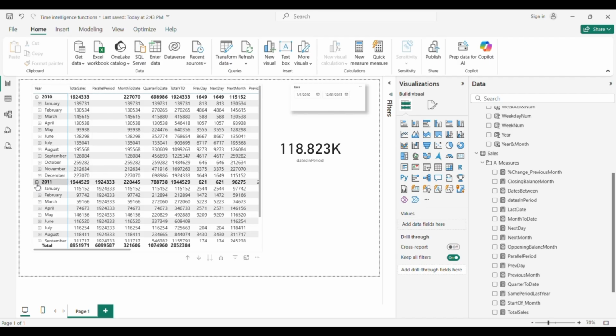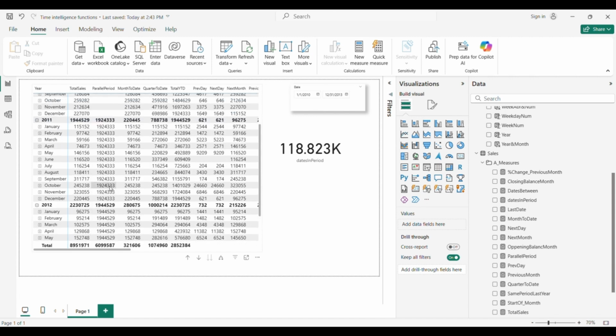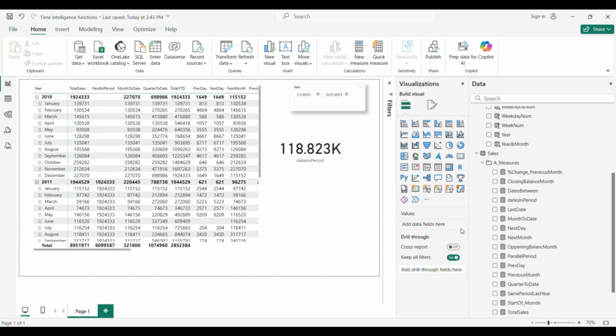So if we scroll down now to 2011, we can see that we have the data on a year basis from 2010, so with 1 year back, and same should be for 2012. We have data from 2011, so we can compare data that easily.